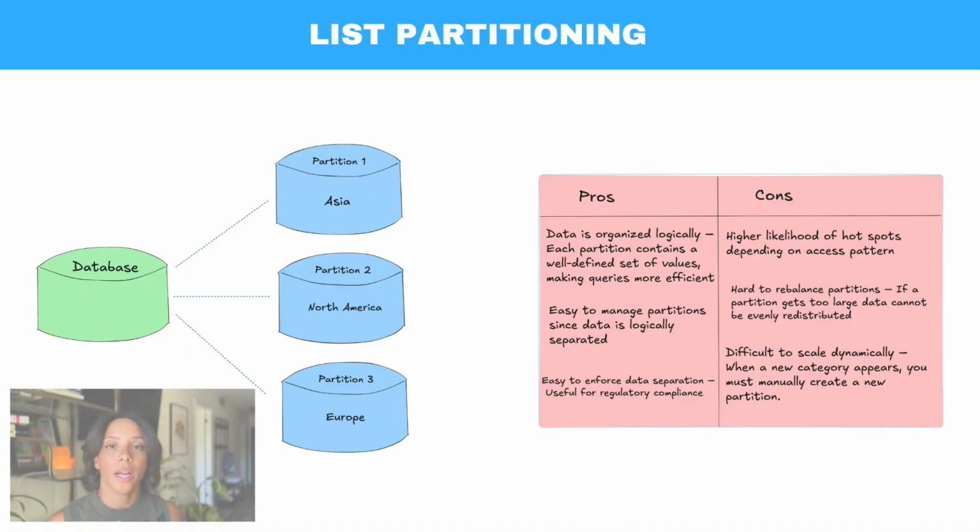Okay, so the next type of partitioning that we have is called list partitioning. It's very different from hash partitioning and kind of similar to range partitioning in that the data is organized logically. So when it comes to list partitioning, the data within each partition matches a certain value or a certain set of values. So in the example here, you can see that the partitions are divided by region. We have one for Asia, North America, South America. So the data from each node falls into distinct, non-overlapping groups.